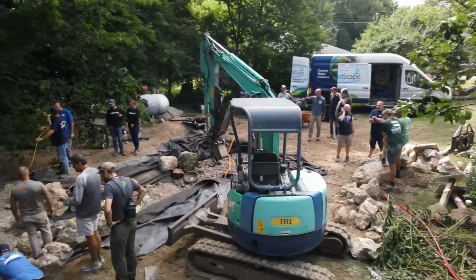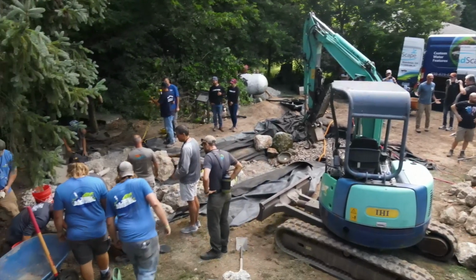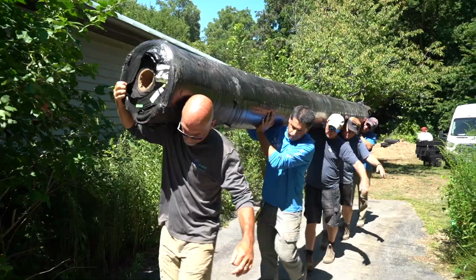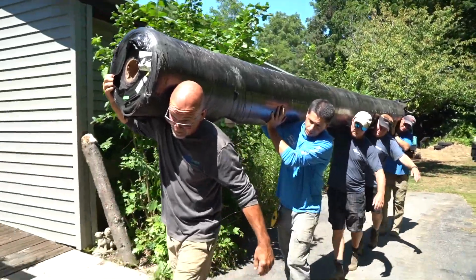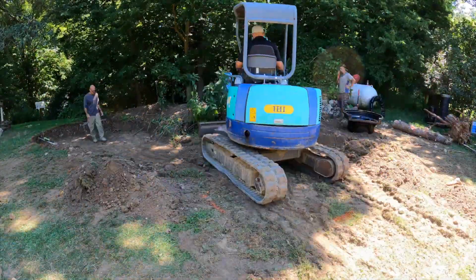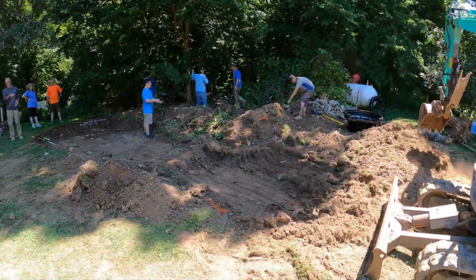But what I want to do today is I'm going to get ready. We have what we call our Midwest regional event. So we have certified contractors coming in from around the Midwest. They're going to be working side by side with us to create a beautiful ecosystem feature right here on the island that's going to bring in all those really important pollinators, the small amphibians, all these little animals that actually